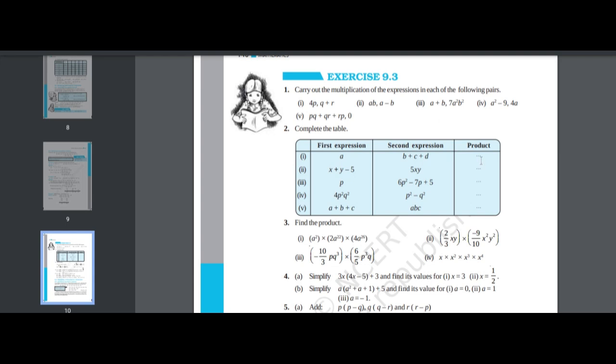I will do two questions from exercise 9.3, question number 1, and the rest you have to do. Can you do that, Sukaina? Yes, ma'am. Okay, can you pick any question for me? Any two or three questions. I will do the ones where you face difficulty. Yes, ma'am, you have to help me and guide me here, okay?